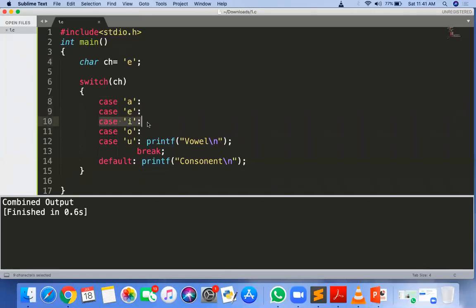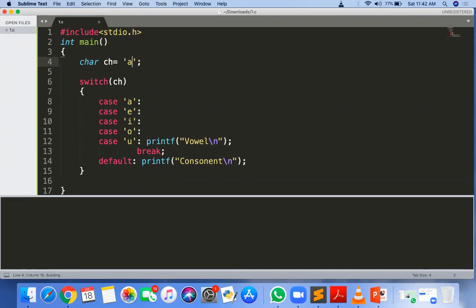So I is also true, whatever statement is written there gets executed, but there is no statement written. O is also true, but there is no statement. U is also true, and the statement written is vowel. So vowel will be printed here. So for E, vowel will be printed. So you can put here that it is a vowel.